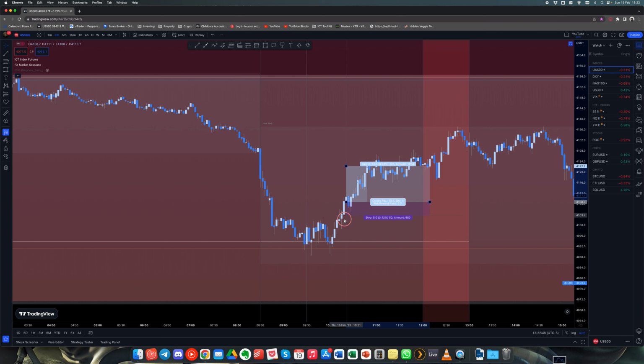And then candle 1, 2, 3. So candle 1, there's the fair value gap. Candle 3. Your stop would be here, which would also be fantastic, because if you go down to the 1-minute time frame, you'll see that this is probably a sweep of a short-term low. Let's have a look.